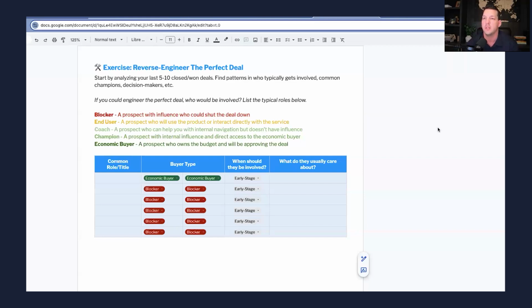There's a quick and dirty example in my view. It's the access piece. Do they have access to the economic buyer? Do they have the influence? It's not just the information, which I think is often really easy to confuse. So the big takeaway we send you home with is: have you mapped out what this ideal, perfect deal looks like and the stakeholders that are involved?